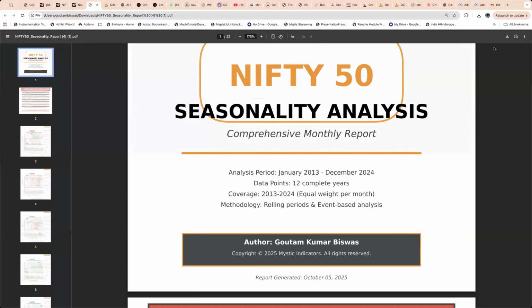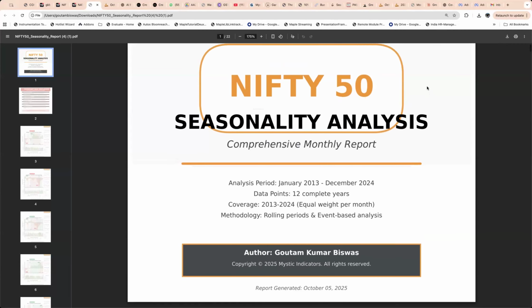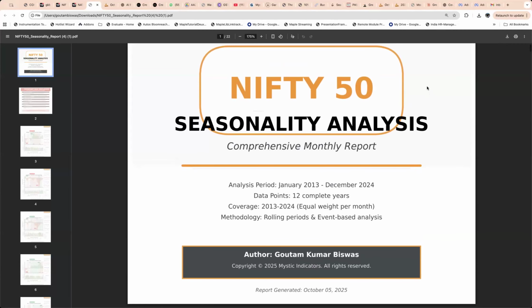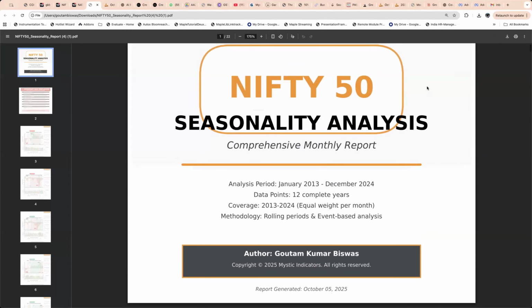And if you can start decoding the cycles of other planets, including, let's say, Mercury, Mars, Jupiter, Saturn, etc., then you will have a lot more edge than many other traders out there, right? Because time is a very powerful concept, right? But then how do you apply this concept? And that is where this seasonality analysis comes in, right?